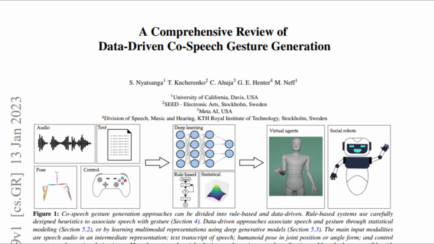Overall, our survey makes the following contributions to the field. A detailed discussion on the theory and motivation for co-verbal gesture synthesis. A discussion on rule-based and statistical techniques, illustrating how these approaches can complement the strengths and weaknesses of recent deep learning approaches. An emphasis on deep learning-based generation systems using input modality as an organizing principle for the research. A discussion on the most commonly used speech-to-gesture datasets, collected via motion capture or pose estimation.